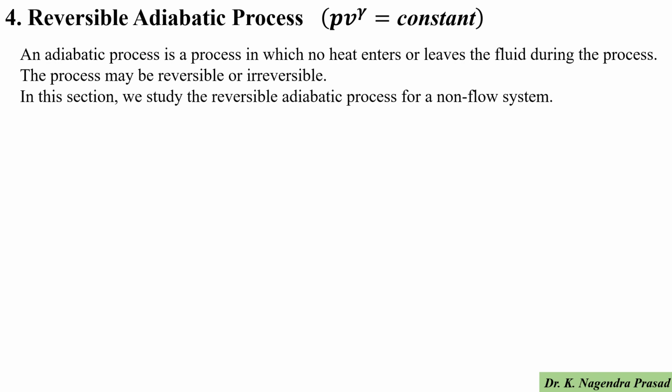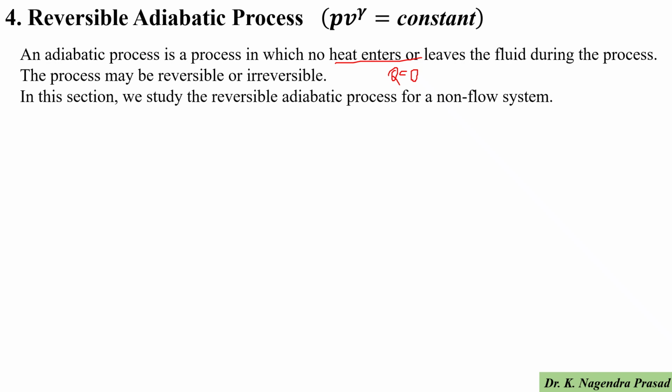Next we will discuss the fourth process, that is the reversible adiabatic process, where the PV relation is PV^γ equal to a constant. An adiabatic process is a process in which no heat enters or leaves the fluid during the process, which means Q equal to 0. The process may be reversible or irreversible, but in this section we are discussing the reversible adiabatic process